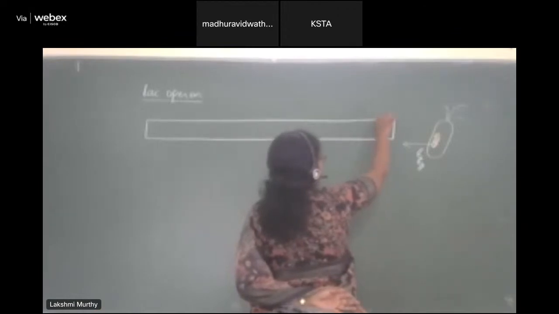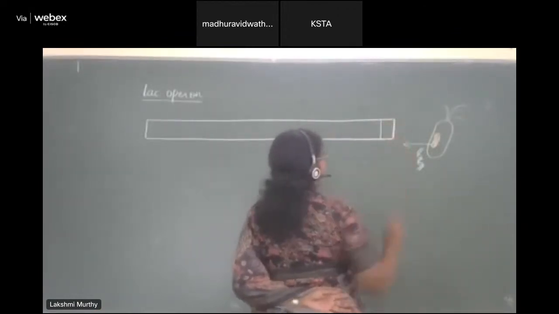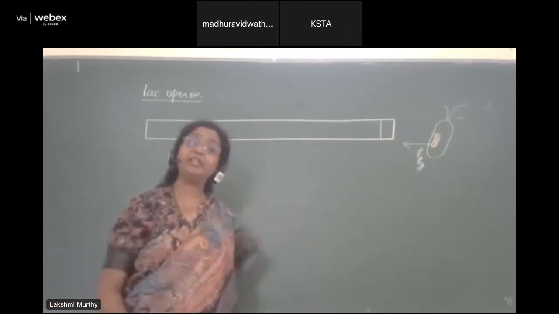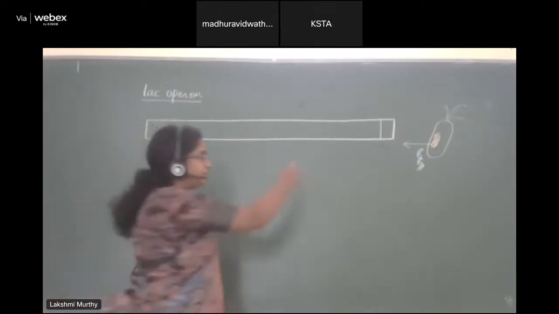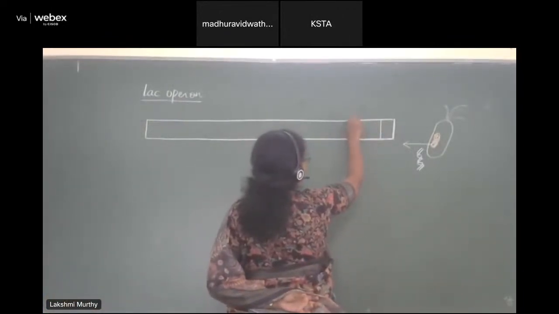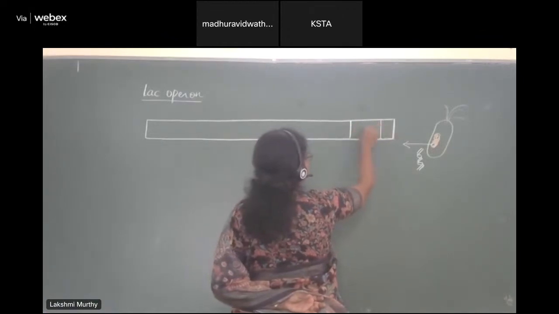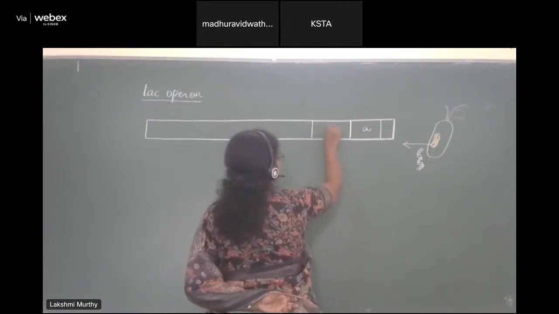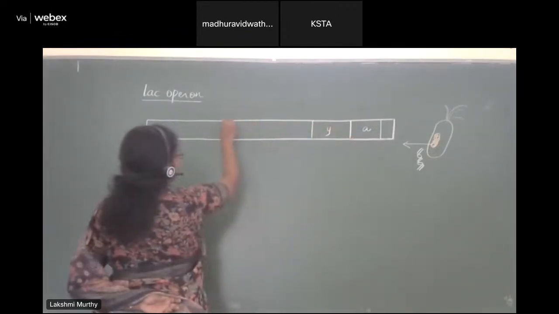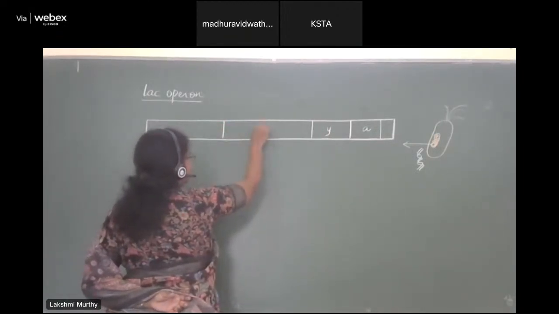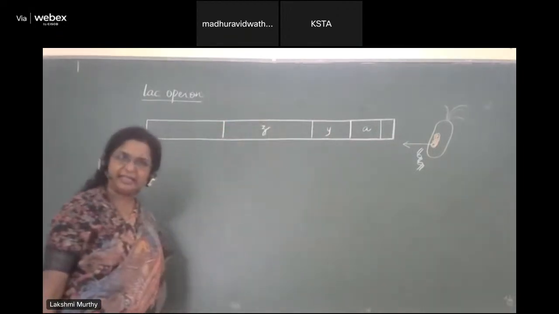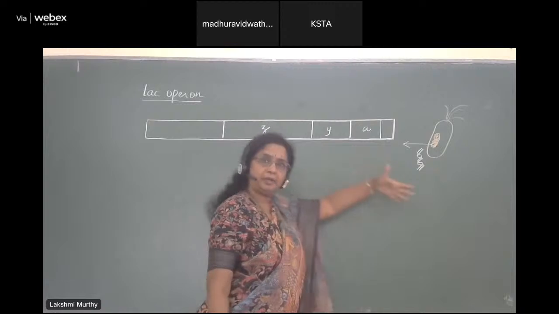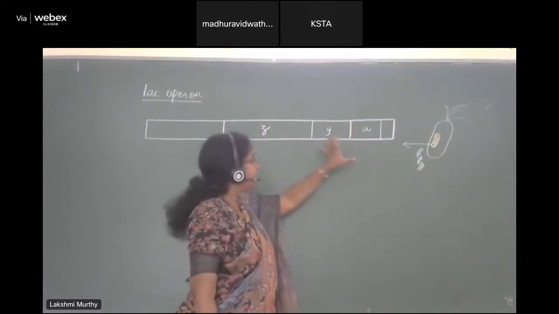So what are the parts that are seen here? I just put this briefly to you so that I can fill it up later. Some of you may have ignored this part in college. I'll come to that part later. So here we have a small gene which is going to be called gene A. We have another small gene present here which is called gene Y. We have a big gene here which is called gene Z. So we have Z, Y, and A that are going to be seen. I will explain that later.